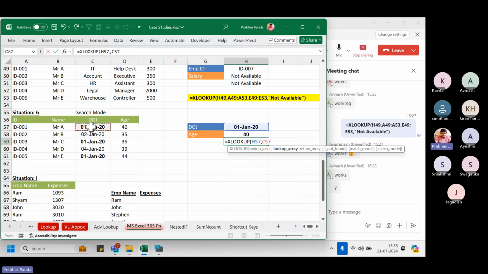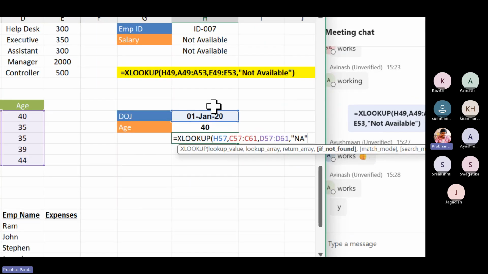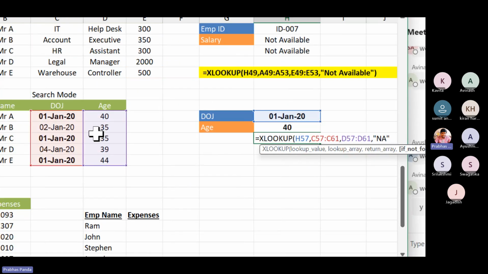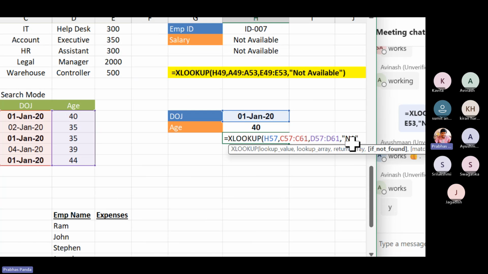When I'm taking the date, I should search in the dates, perfect. Comma, return array. Where is the return array? The answer key is the age, perfect. Now, if not found, we know how to customize. Within two double inverted quotes, you can get anything as the answer. Suppose this date is not matching anywhere, you should get the answer NA. I have customized it. Now, comma,